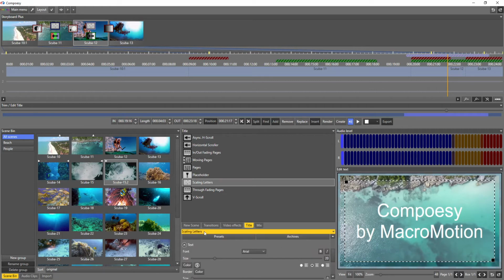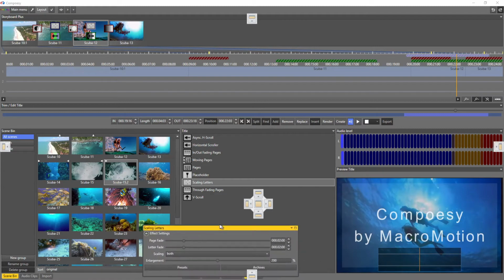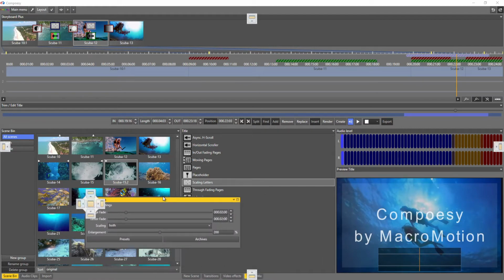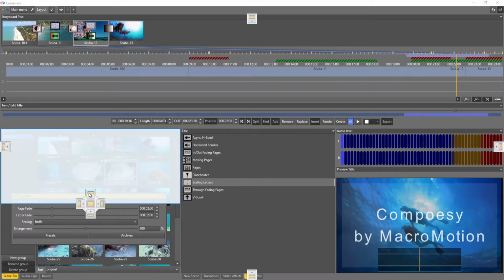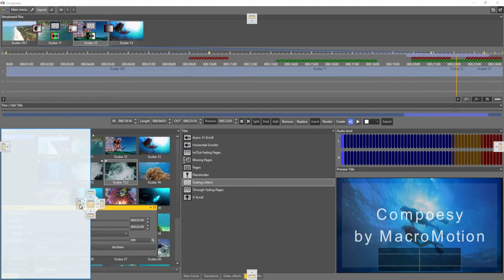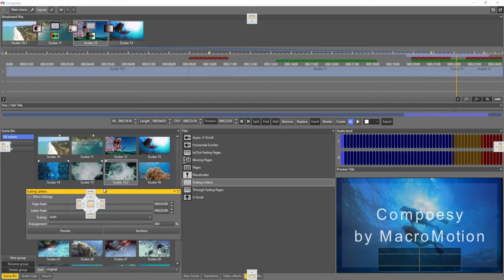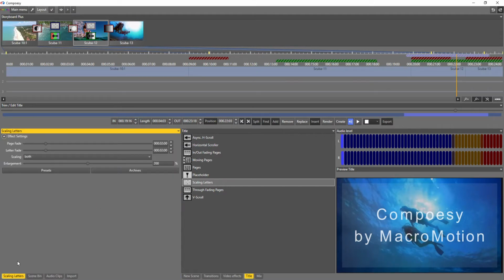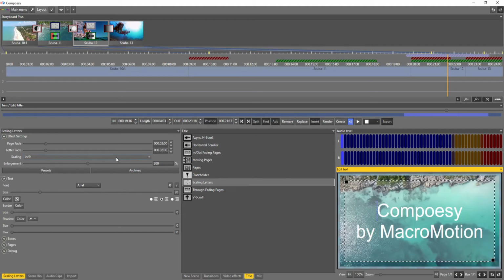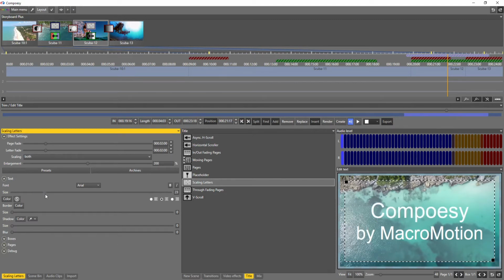Clicking on the window and dragging it out, we can reposition it at any other place. Composee will make a selection where the docking is possible, and you can also dock it as a new tab. Now the effect settings have much more space, and we can now alter our text size